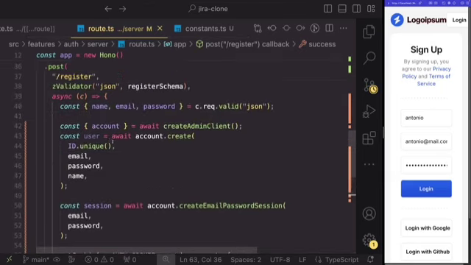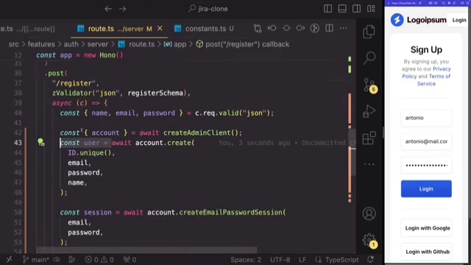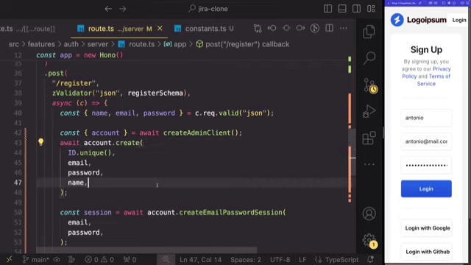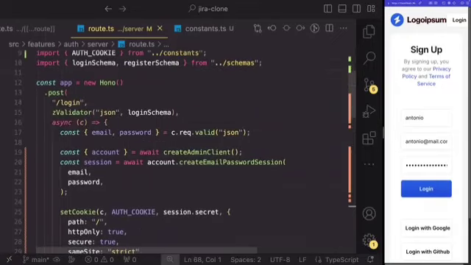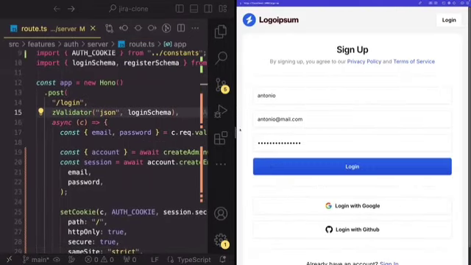And you can not assign this. You don't have to assign this in the register. You don't have to assign this to the user. You can just await, right? There we go. Great, so we now have our login here, and we can't really try it out because we already have a